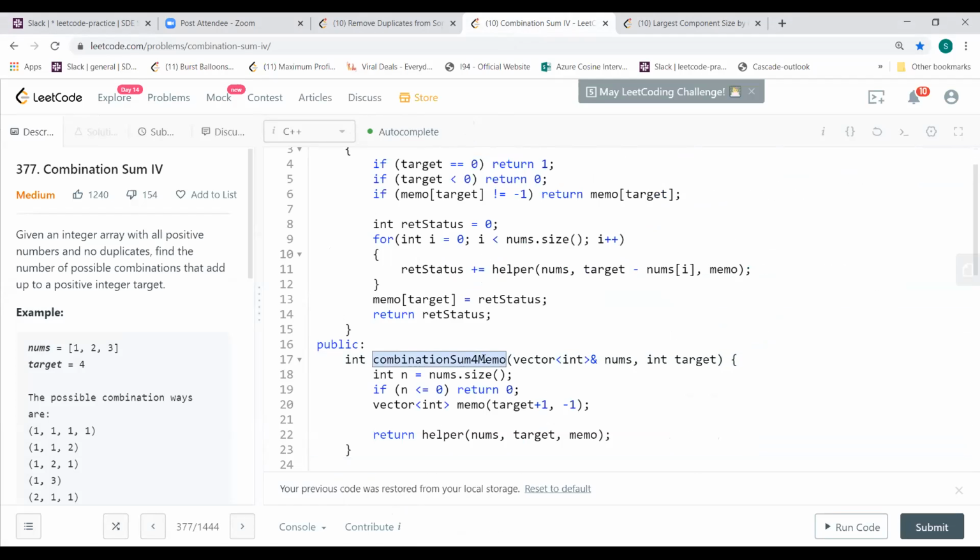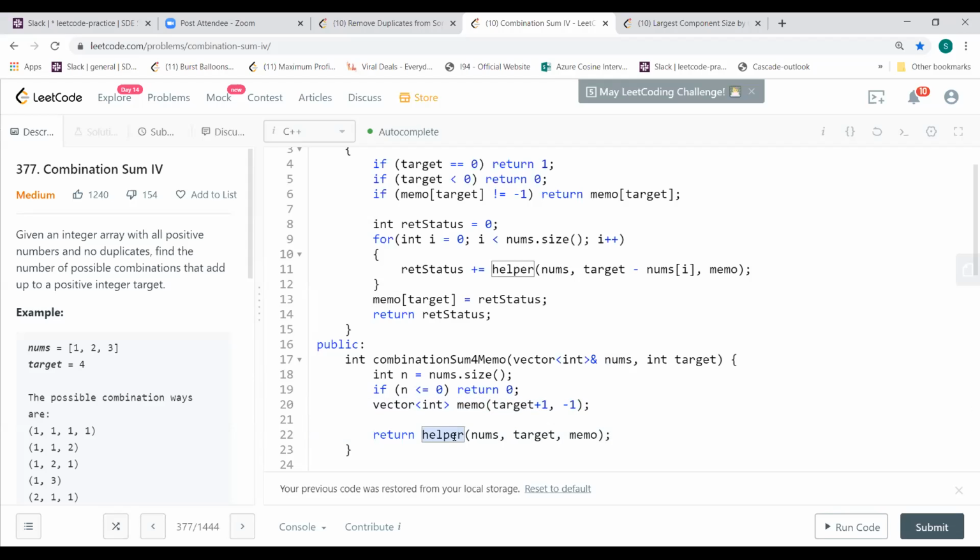This is the entry function, combination sum 4, memoized version. It's in C++, so I'm using nums and target, and then I'm using a memo over here, for the length of target plus 1, initializing all its values to -1.